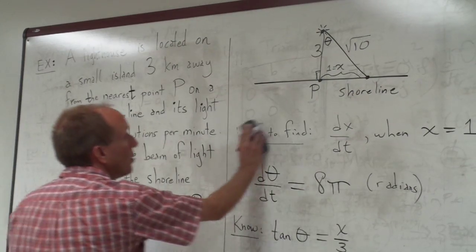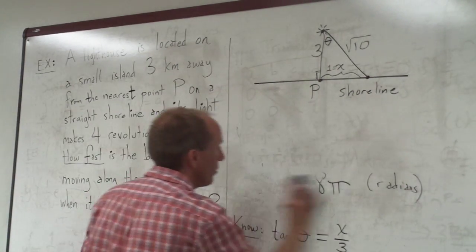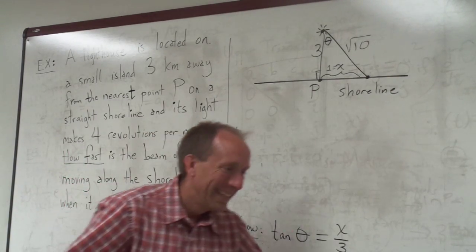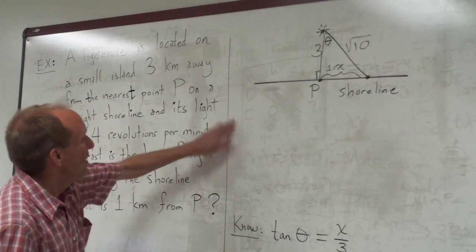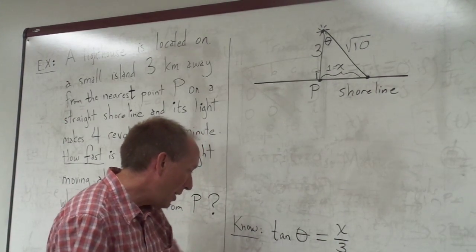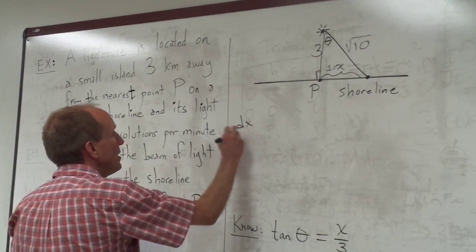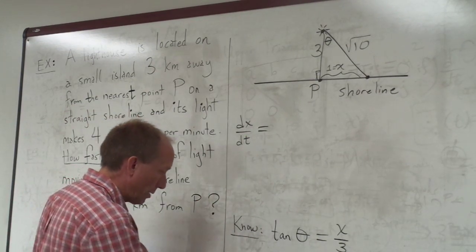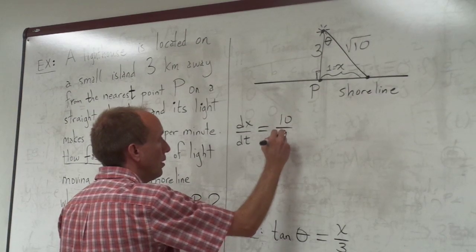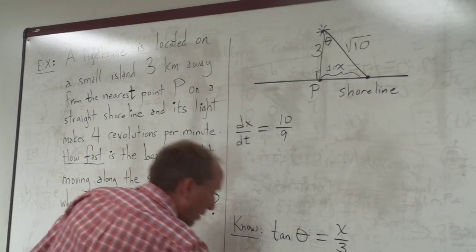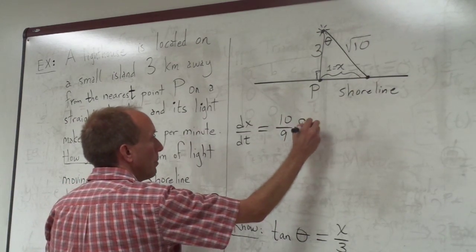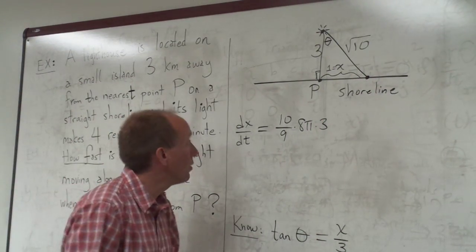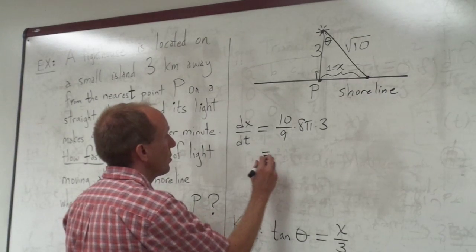Let me give myself a little bit more room here. The beauty of the video is you can always go back and remind yourself what was there. Just rewind the tape a little bit. But anyway, I can now find dx/dt quite easily. Square root of 10 over 3, when I square it, gives me 10 over 9. And then I have an 8 pi. I'm going to put a factor of 3 in there by moving the 1/3 over. So this comes out to